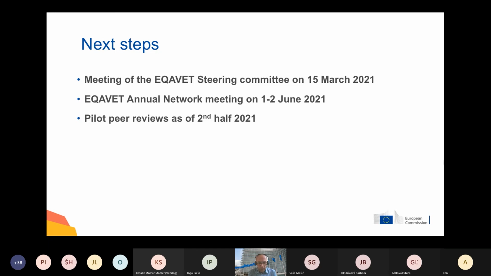And as I mentioned, this concept also benefited from the input of the EQAVET steering committee, and I've seen that indeed Kathleen is also here among us. Perhaps there are also some other members of the steering committee. So this exercise will continue in the coming weeks, and I'm very thankful already for the feedback that we have received from the EQAVET network meeting in December, and also through the EQAVET steering committee. And so hopefully the plan is that we will have a fully fledged methodology by June this year.